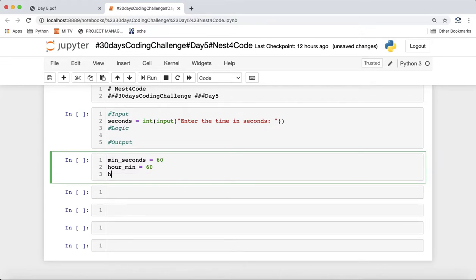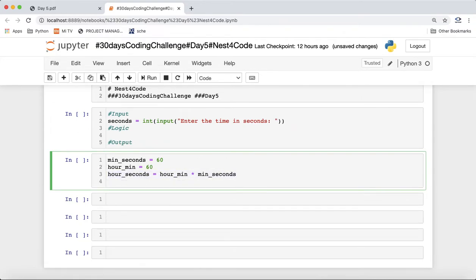How many seconds will be in 1 hour? Whatever minutes the hour has, we multiply by the seconds in a minute, so we get the seconds in 1 hour.